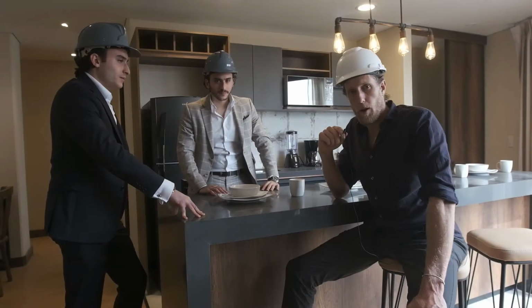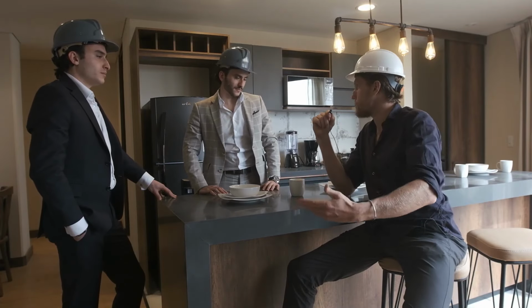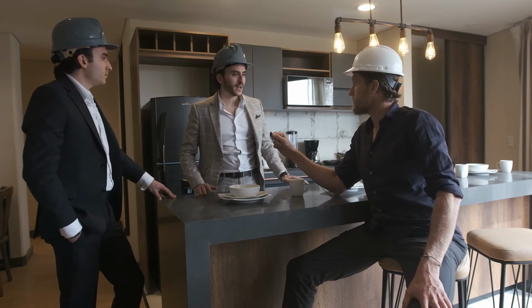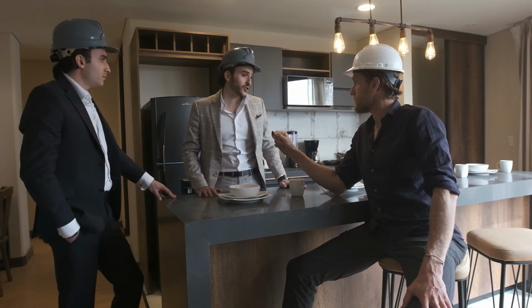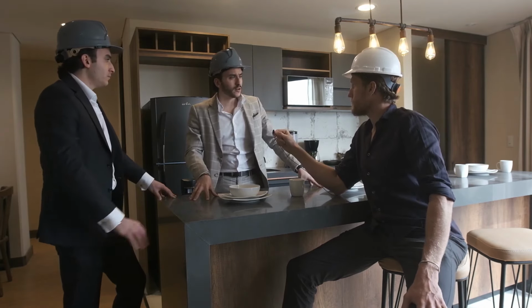Inside one of the model apartments here. Who has this property been designed for, and what are the projections financially? Well, Sam, you have to first remember that La Candelaria is the only touristic attraction, the only true touristic attraction you have in Bogotá. Well, the Morph concept has an idea of charging